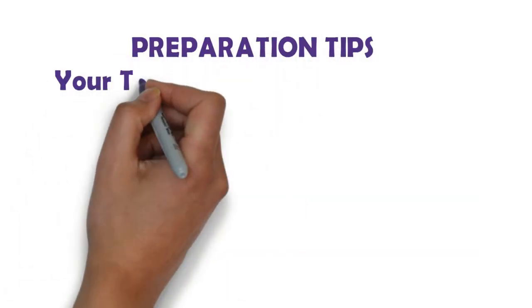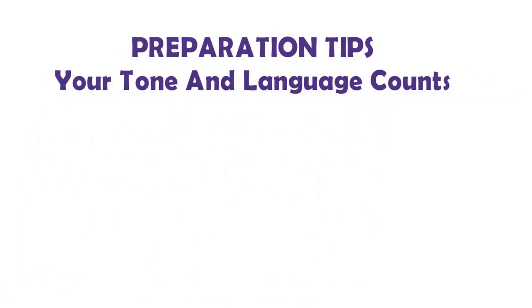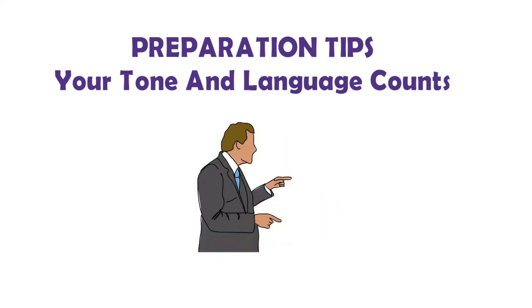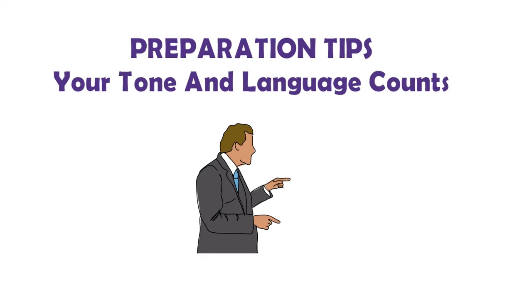Your tone and language count. There are different tones and language diction that different professionals require. For instance, an army person's tone must be firm and loud. The language must be sharp and clear for others to get commands right in one go. Similarly, a medical professional must be polite, firm and gentle with their tone. The language must be simple and effective. The way you explain answers speaks about the way you could handle patients.